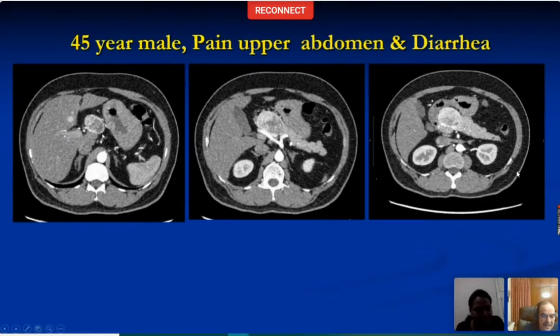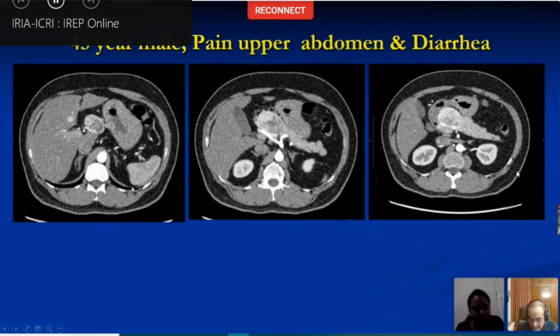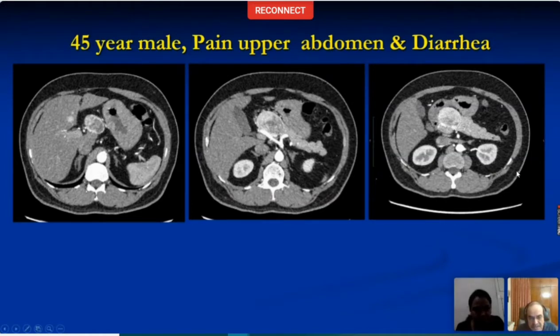Don't call this just a hypodense lesion, because you have all the three images in front of you, right? Yes. And this is obviously the arterial phase, isn't it? You can see dense opacification of the aorta and the celiac axis and the SMA. And for a pancreatic lesion, this is a hypervascular lesion. Large areas of this lesion are showing avid enhancement, which is actually greater than the normal pancreas.